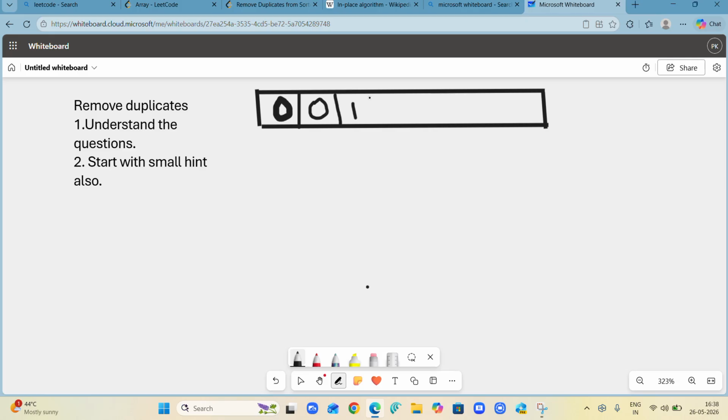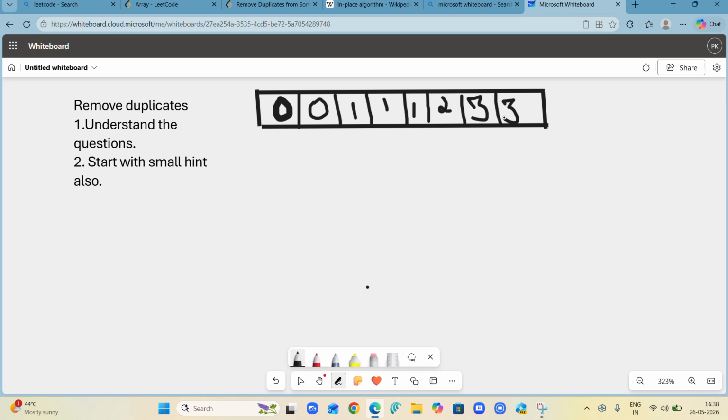So 1 1 1, and don't just sit idly. Okay, when I'm writing the question, apply your brain to what you could do. 2, 3, 3. Let's create this much only.